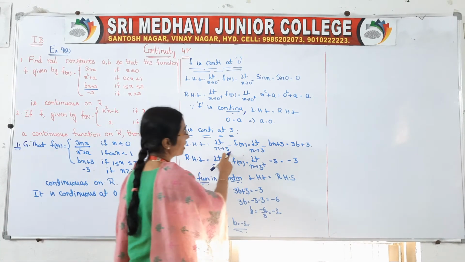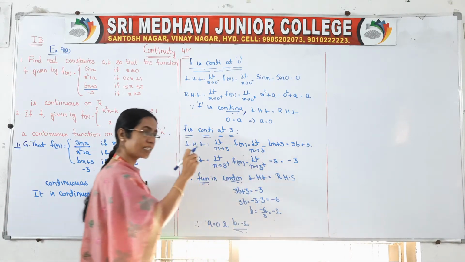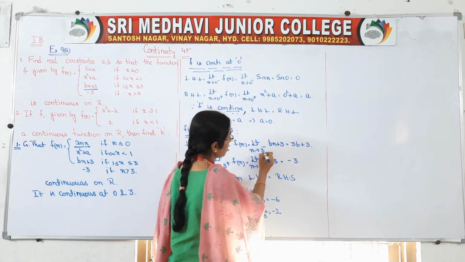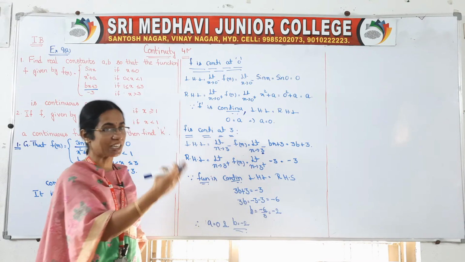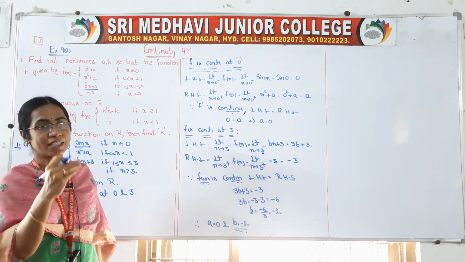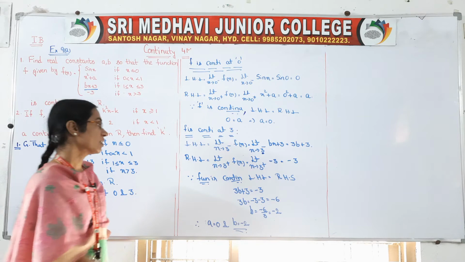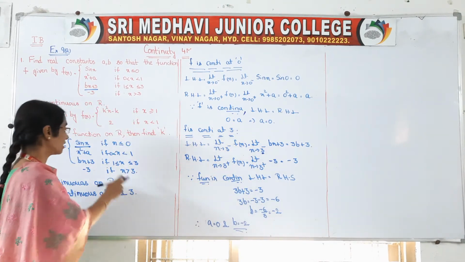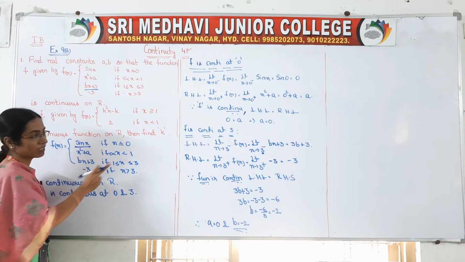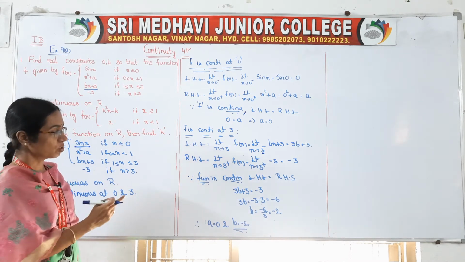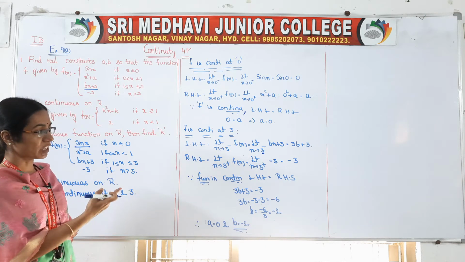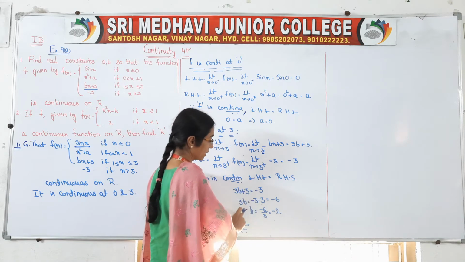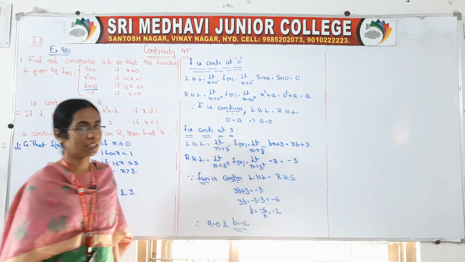So if it is less than 3, it is bx plus 3. In x place, you substitute your limit. So limit x value is 3. So it is b3, meaning 3b. Generally first number, then letter we will write. Next, right hand limit x tends to 3 plus. If x greater than 3, the function is defined as minus 3. So you take minus 3. So if it is continuous, left hand limit is equal to right hand limit. 3b plus 3 is equal to minus 3. 3b is minus 6, b is minus 2.